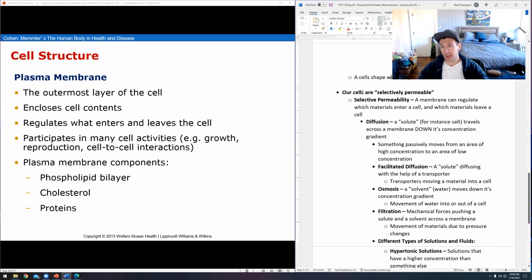What's really cool about your plasma membrane in particular, the outside membrane of the cell, I keep saying that it's a bilayer, it's a double layer, right? It keeps certain things out, it keeps certain things in, it encloses the outside, kind of like your skin is keeping all the stuff inside, right? So it encloses the cell's content and allows it to either grow in specific ways or interact with other things.